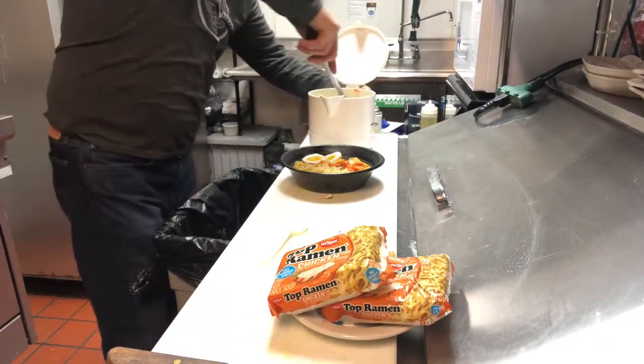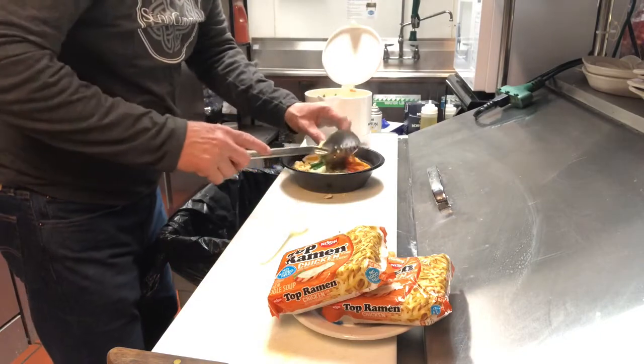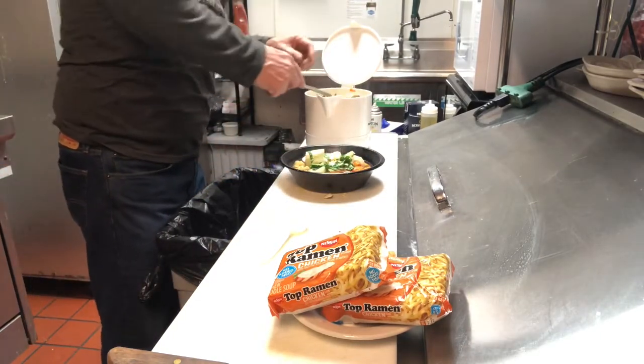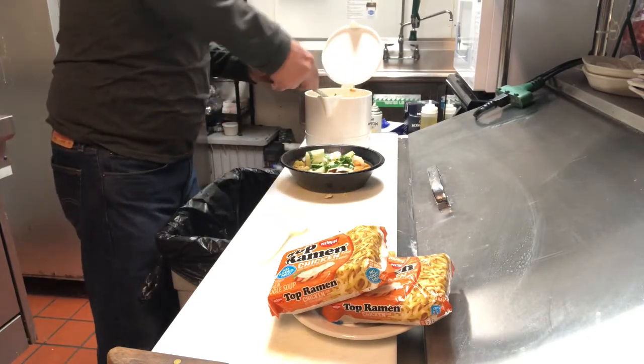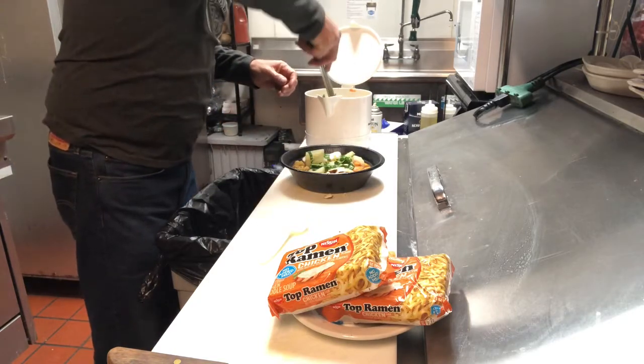Now the thing is, you don't want to just pile this stuff up, okay? Let's go greenery in the middle, let's try to give it a design. Let's get our mushrooms over to the side, because I always think mushrooms are kind of the cooler part of the presentation on this, because Asians eat different mushrooms than us, and I think it makes it a